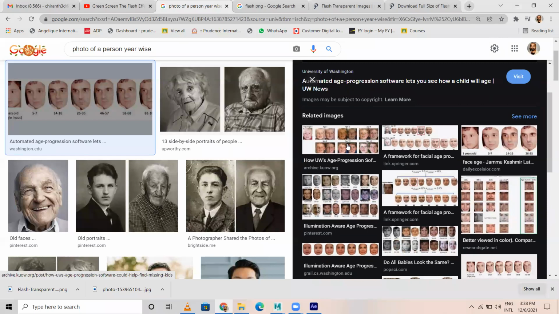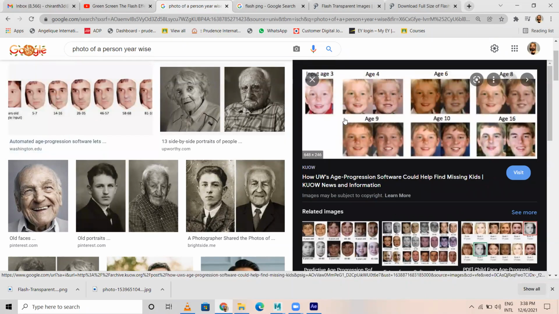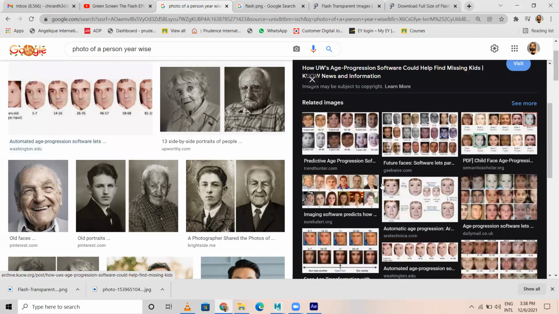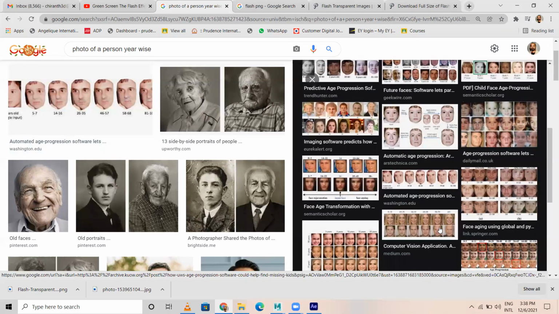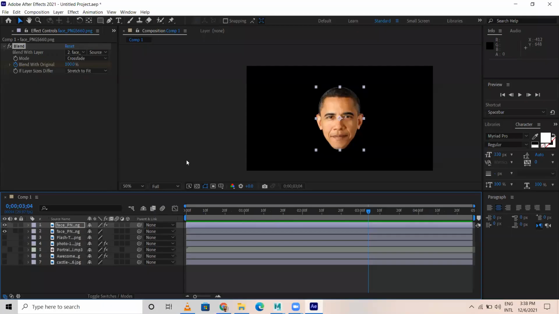You can pick, for example, this guy. Input 3-year, 4-year, 6-year, 8-year, 9-year, 10-year, 16-year. You can choose this age wise of your image, or anything else. Means of your own photos. Pick your photo when you were a kid, when you're 3-year-old, when you're 5-year-old, 10, 12, 15, 20. Okay, like that. What you have to do, one after the other, for every phase, for two images you can apply one blend. Let's say image 1, image 2, image 3, image 4, image 5, like that you have to do.